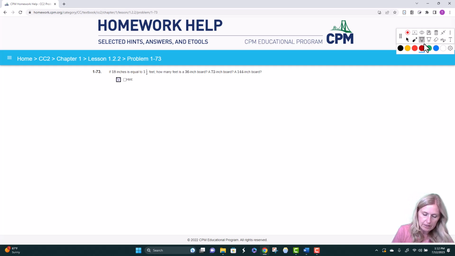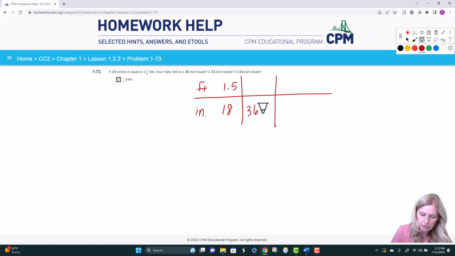So here's what I think I'm going to do. I'll do the 1.5 on top, 1.5 feet, and I'll just put over here that this is representing feet. And that is the same thing as 18 inches. Okay. Now, see how the feet is on top and the inches are on the bottom? Right here it says how many feet, so we don't know what that is, but how many feet is a 36-inch board, a 72-inch board,